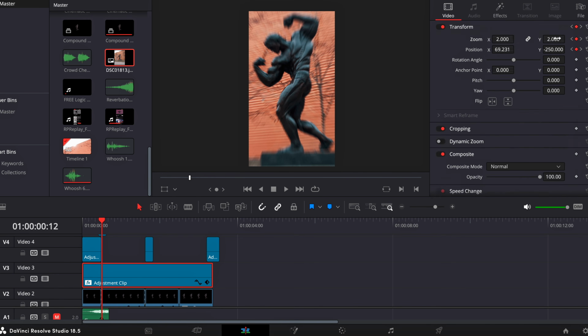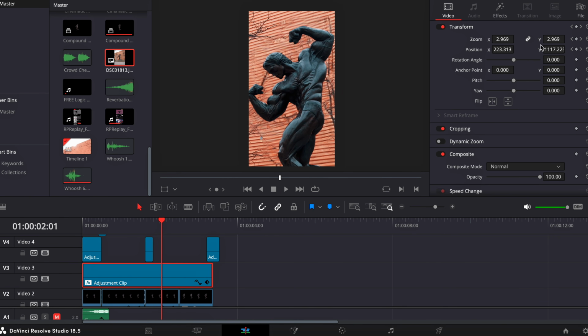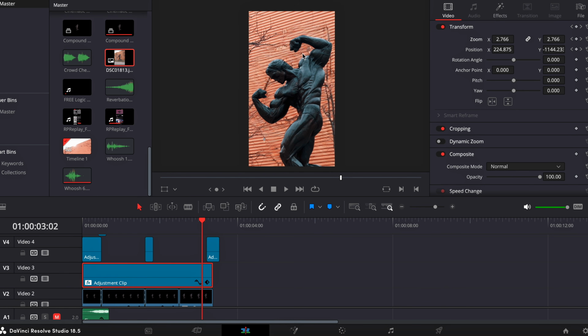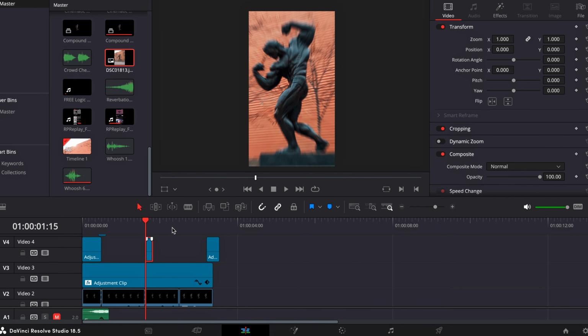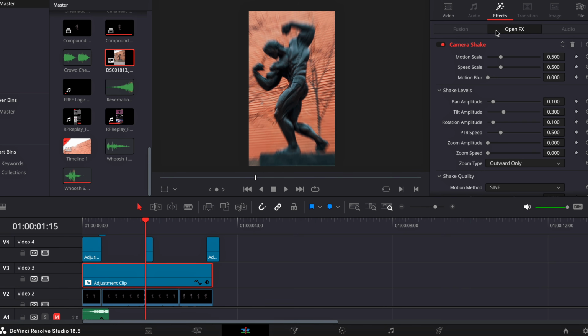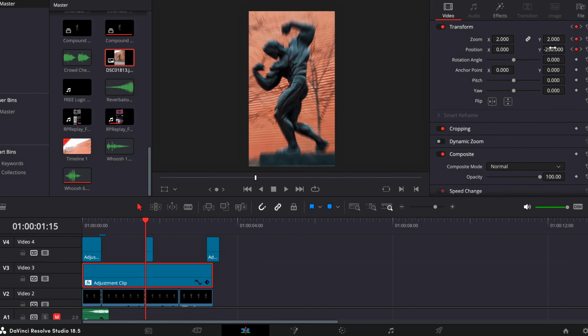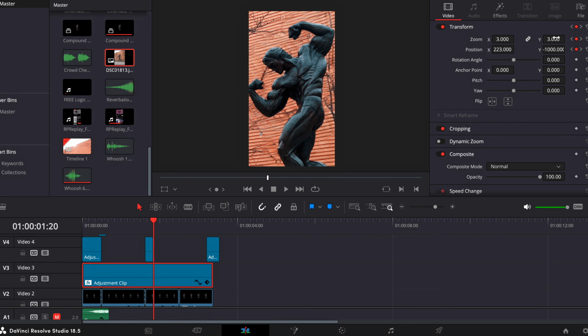And now we know we're at 2 zoom. And I knew I was going to want to zoom in to be able to see the arms moving. So it stays, and then whenever it zooms in, I add a second layer, and this layer again with the zoom blur because I'm zooming in. It makes sense. So right here, you're at the 2, and then it zooms in to a 3. So that's what I hit, and then you just play with your y-axis and your x-axis to keep the statue